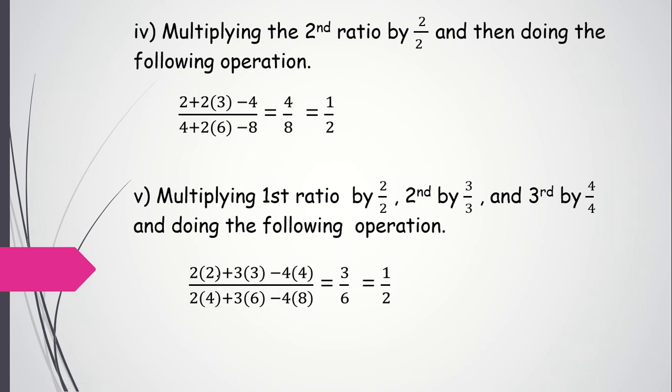So here see what have we done. We have multiplied the first ratio. First ratio was 2 upon 4. So we have multiplied that by 2 upon 2. Means both numerator and denominator by 2. Then here by 3. Here by 4. Okay. Then when you add or subtract that or use theorem on equal ratios on it, see what you get.